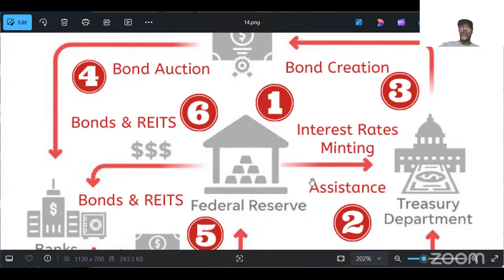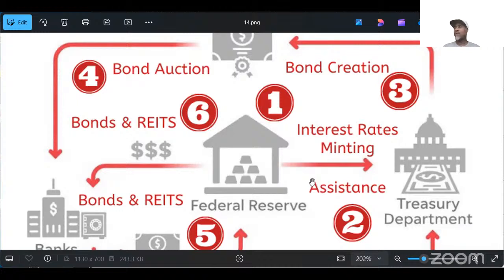Number four, they're going to contact all of the central banks, and they have certain banks called clearinghouses. Bank of America, all of the major banks, Bank of America, Chase. You guys know there are probably like 4 or 5 of these major banks.